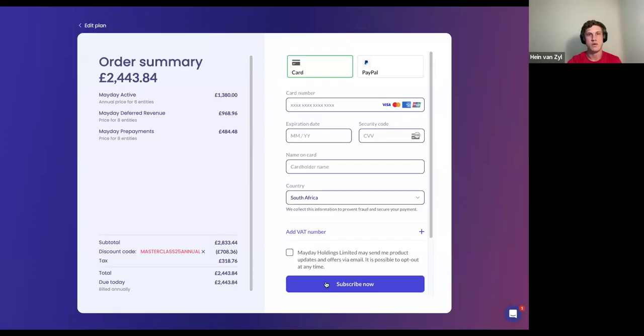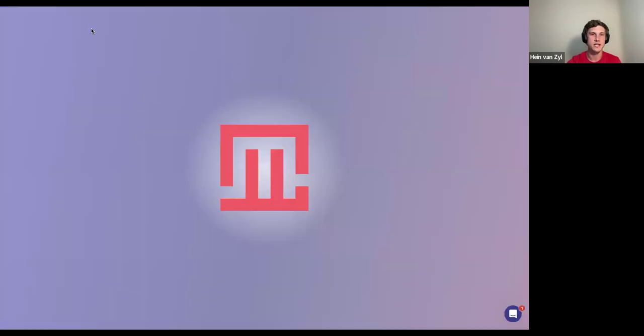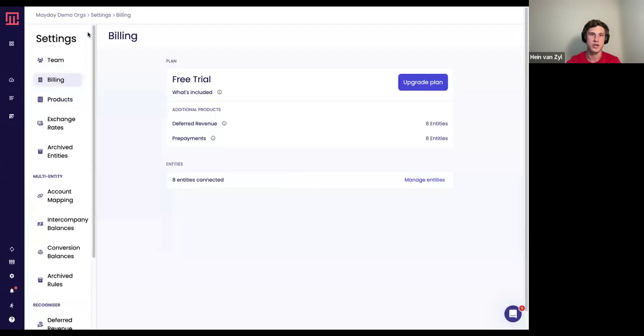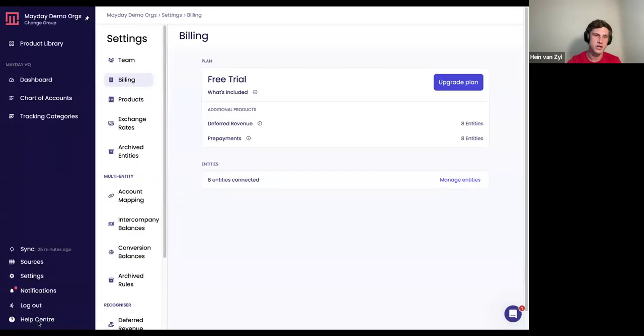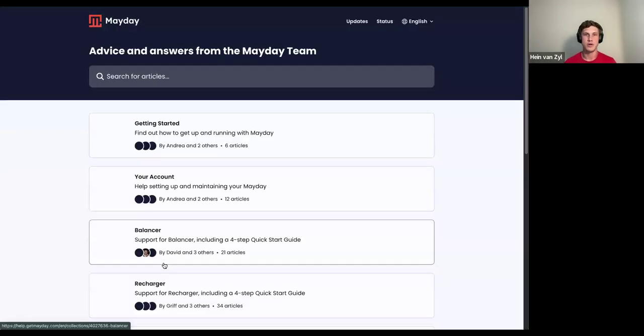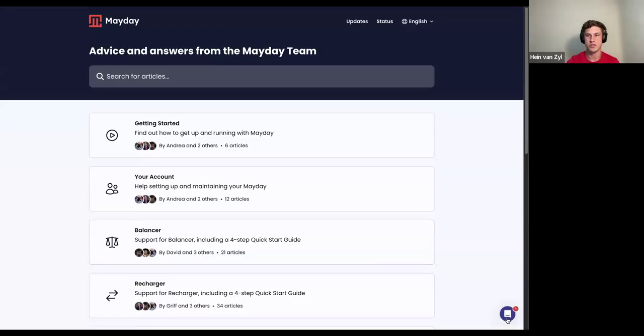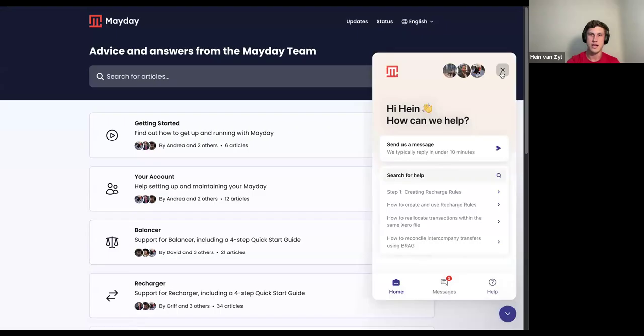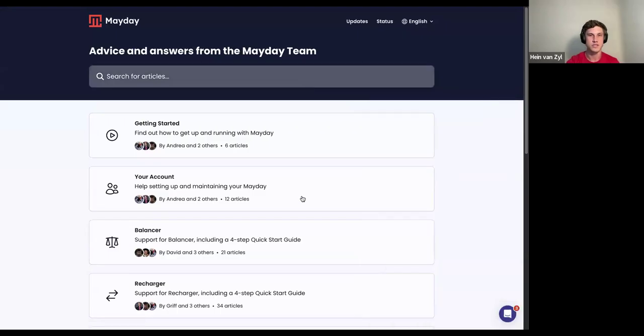I just want to show you as well, once you've started, if you want to do any upskilling or any reading up on Mayday itself, or just want to see what our products are capable of, down in the left navigation at the bottom, the last one is Help Center. If you head over into the Help Center here, you're able to read up on all of our products and upskilling. If there are any hurdles during any stage of your free trial, you're more than welcome to reach out to us via the chat box at the right, or you can jump into the Help Center here.